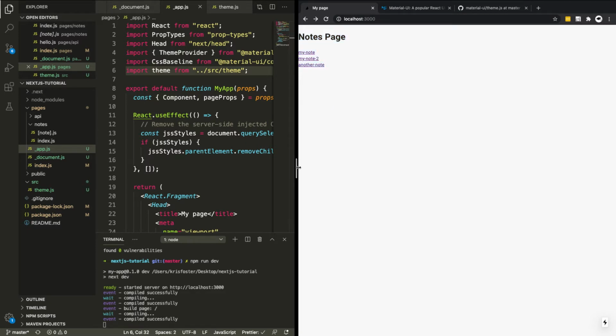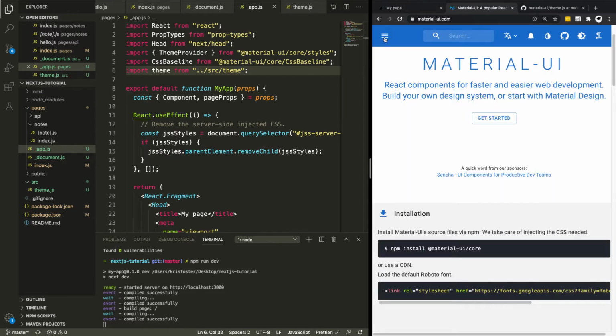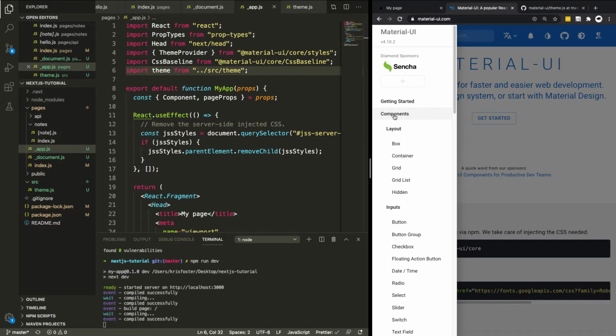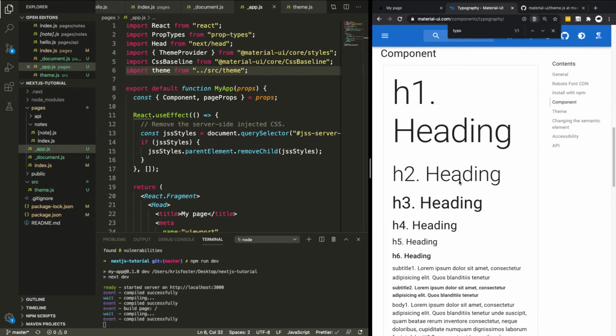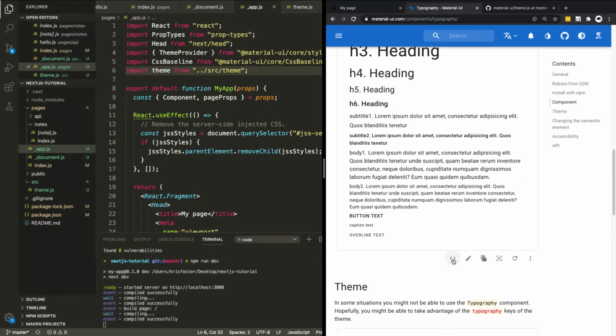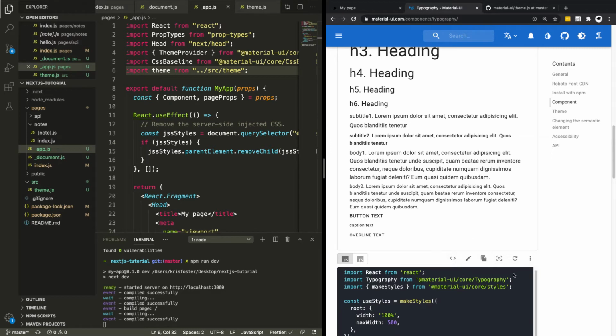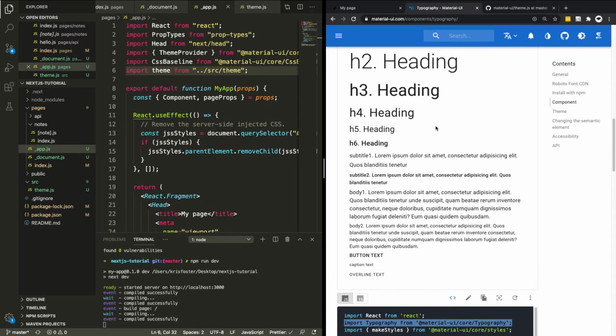But we want to use some Material UI components. So the first thing we want to do is change this heading to be a typography heading. To do that, on the Material UI website, we can go into components and search for typography. And we can see that they give us a bunch of cool headings here, and we make this a little bit bigger. If we click on this, show the source, we can see how they're doing that. So you can see they're importing typography from Material UI. So we want that. And then they're just using a typography tag with different variants